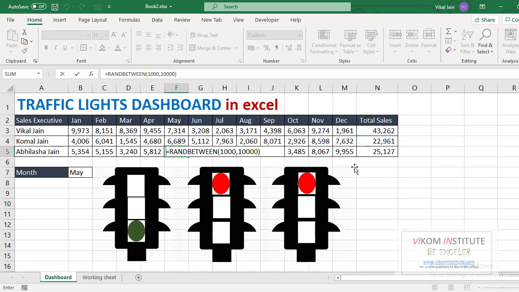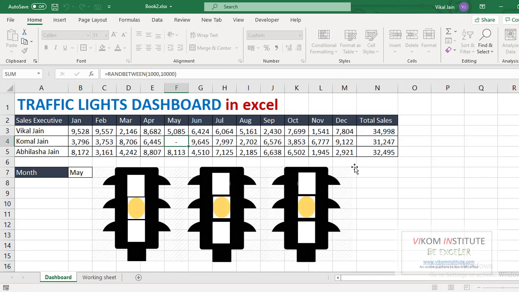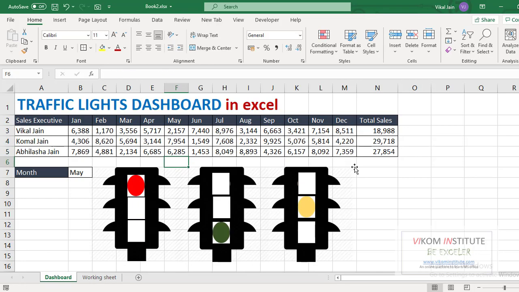As you can see, my dashboard is ready. You may take different images to make your dashboard impressive. Now keep enjoying and